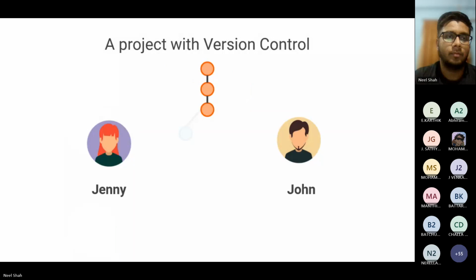So let's take an example of a project with version control. There was one project, on top of which Jenny made some progress, some features and functions on top of the basic project, and John also made some functions on top of that.